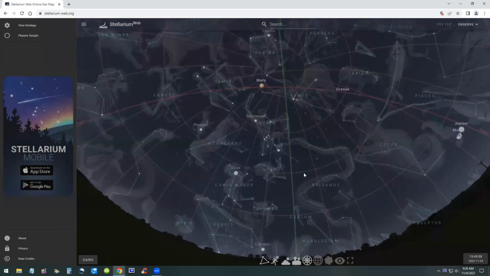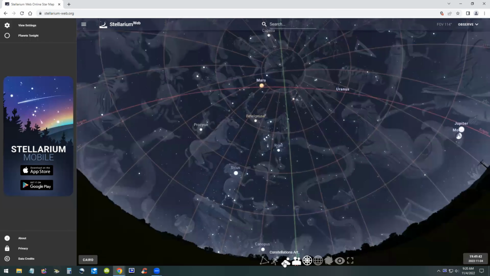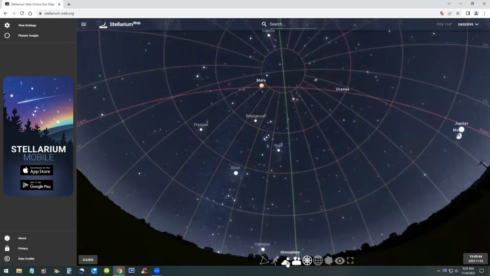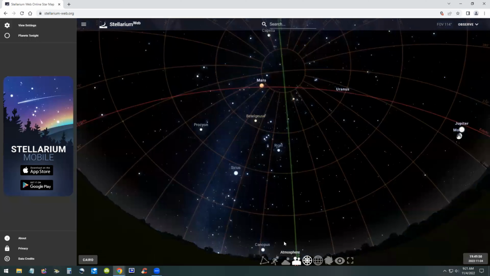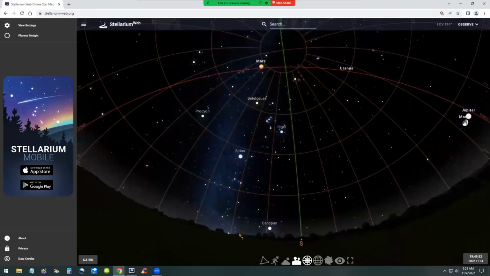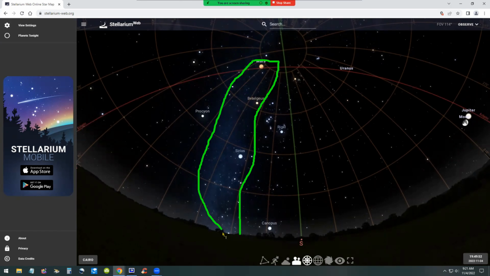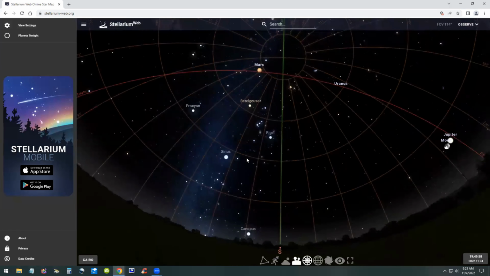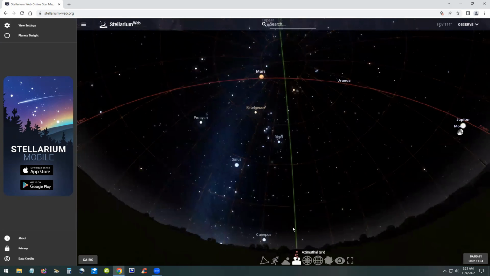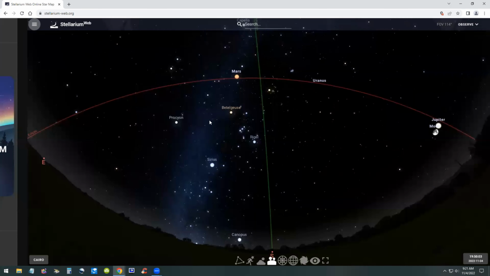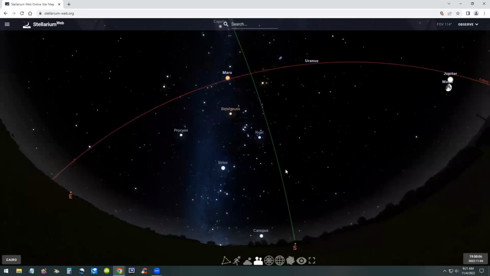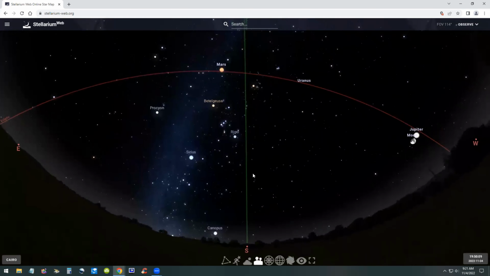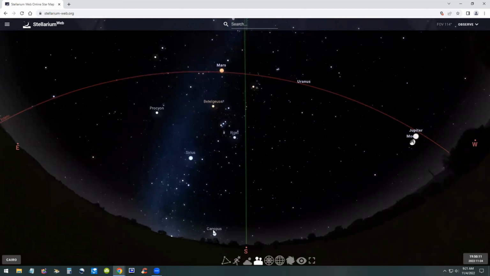We're turning on here the different features such as the Milky Way galaxy and the ecliptic. So the ecliptic is this red curve that you see there, which is the path of all the planets orbiting the sun. This is the ghost of the Milky Way. One of the Milky Way branches is showing here as a white cloud. So the Milky Way has 17 billion stars. That's a billion with a B, not million.